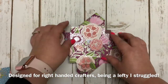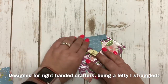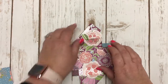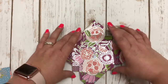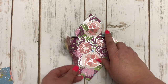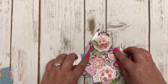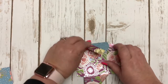I'm going to turn it over the other way. Okay, and now you're going to actually put this little box together. So I'm folding it backwards this way, and you want to start by putting it together at one of the 2 sides where these tabs go in, not where they go down. So I don't want to start on this side because it's not going to work. I want to start where the 2 tabs go in. Okay, so I'm going to fold this up,